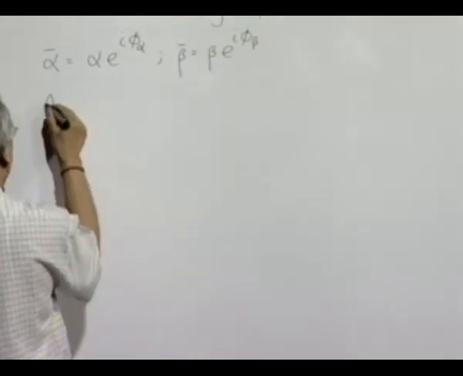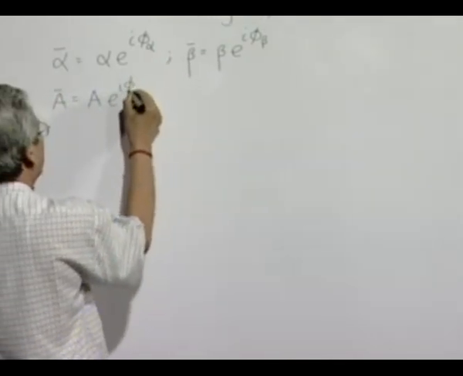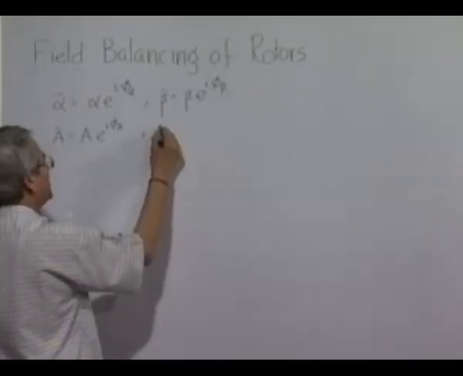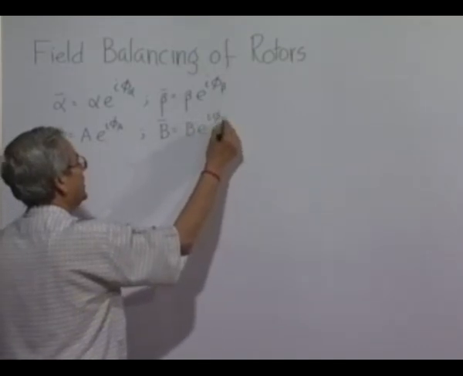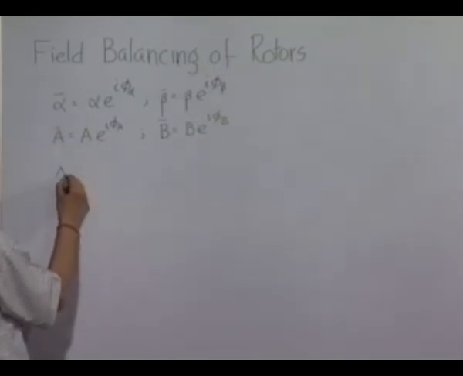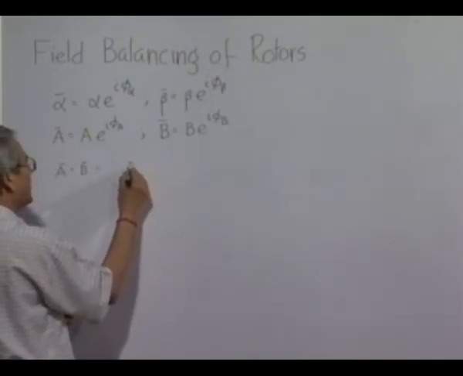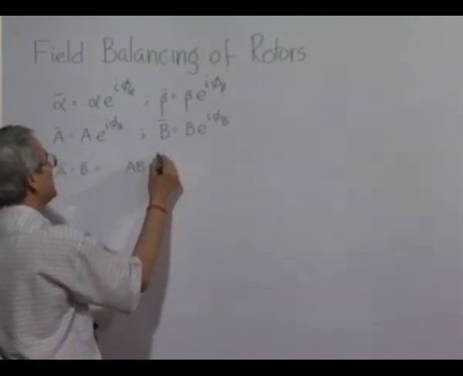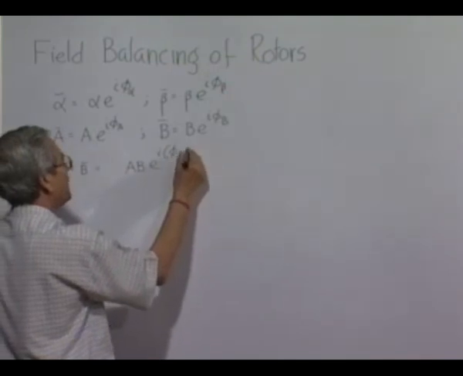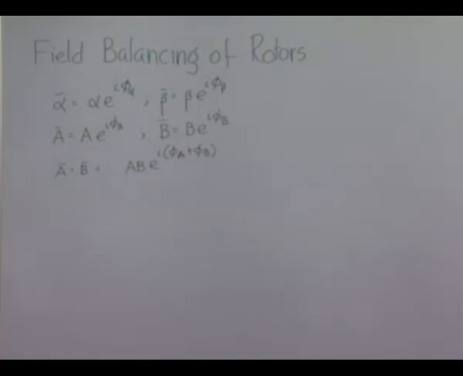Now, when two vectors like A is represented by A e to the power i phi A and B is equal to B e to the power i phi B, when you multiply these two vectors, then what we get? We get a vector whose magnitude is the product of the two magnitudes and their phase is given by the sum. So, if we remember this,